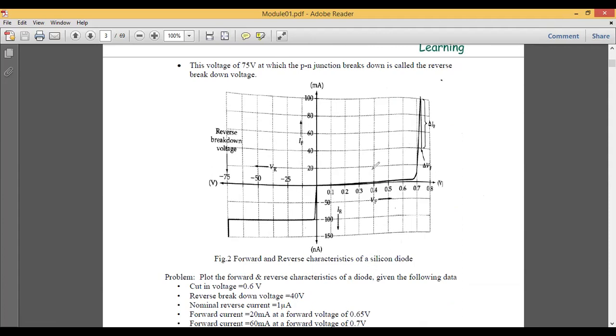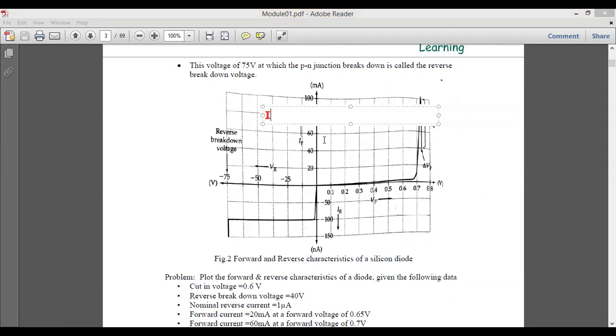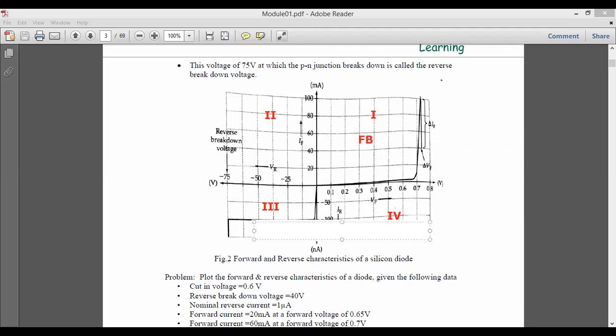the forward and reverse characteristics of silicon diode. Let me take 4 quadrants here: this is quadrant number 1, this is quadrant number 2, this is quadrant number 3, and this is quadrant number 4. There are a total of 4 quadrants in this VI characteristics. Quadrant 1 is for forward bias and quadrant number 3 is for reverse bias. We will not consider